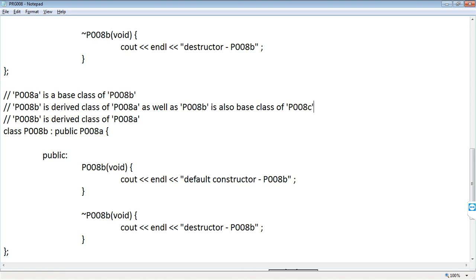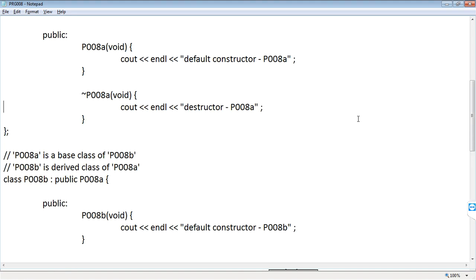Are you clear? P008C is a derived class of P008B. Are you clear? Okay.